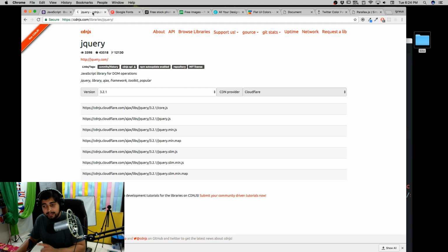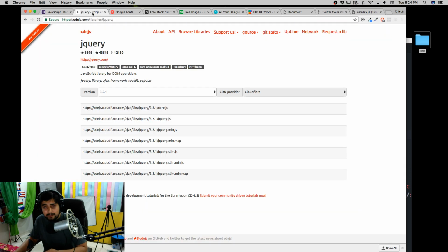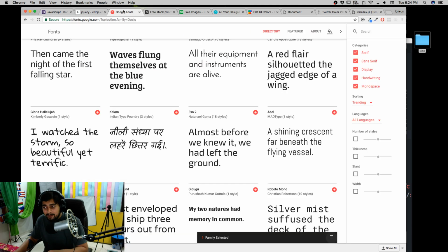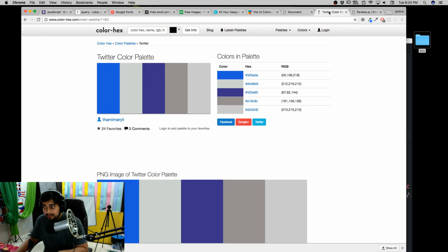Now, in order to make a beautiful website, following the convention, the first thing is you need good fonts, you need good images. If you need to edit the images, you can always go to canva.com, or if you have software like Sketch, which I use, Photoshop I don't use that much, that does the job for me. So get your fonts, get your images. And the next thing is to use a color palette. There are a lot of color palettes available online. Just choose any of them, it's always a good idea.